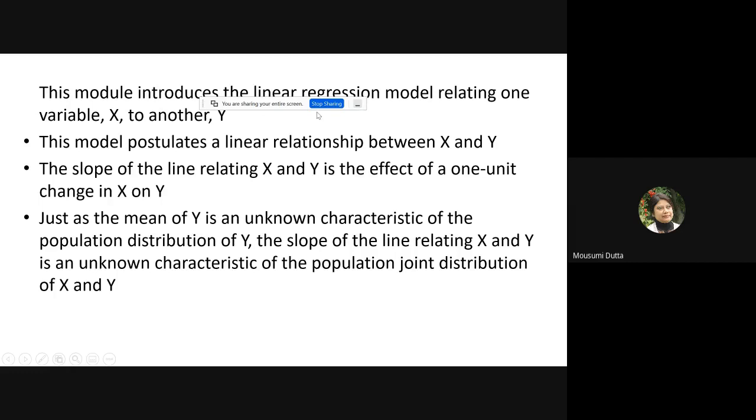As I mentioned, in this module we are going to introduce the linear regression model relating one variable X to another variable Y. This model postulates a linear relationship between X and Y. The slope of the line relating X and Y is the effect of a one unit change in X on Y. Just as the mean of Y is an unknown characteristic of the population distribution of Y, the slope of the line relating X and Y is an unknown characteristic of the population joint distribution of X and Y. So what I am telling,